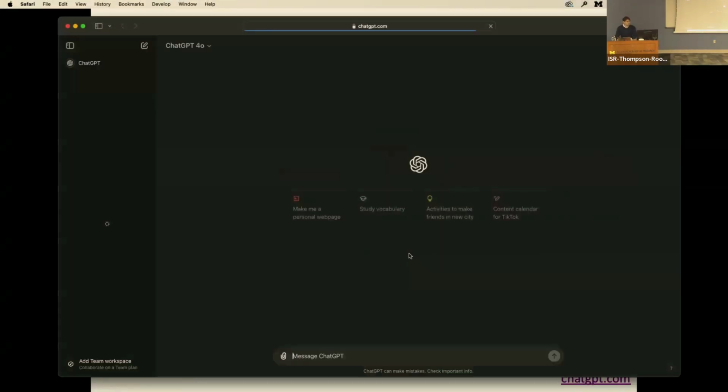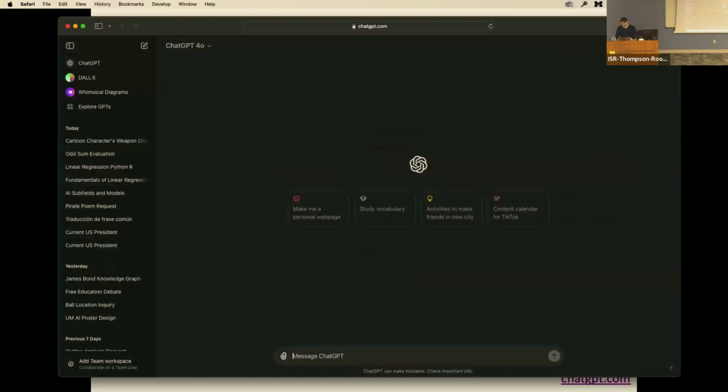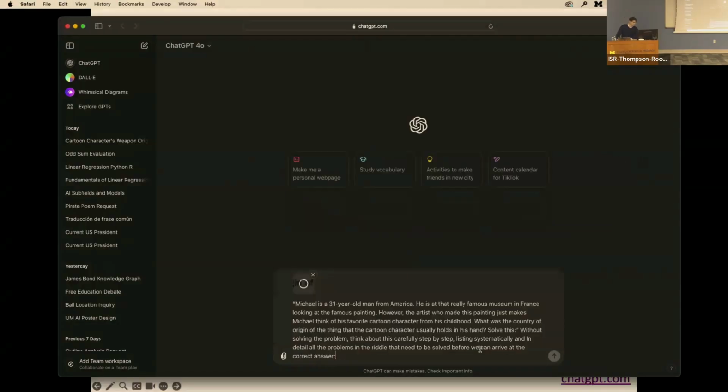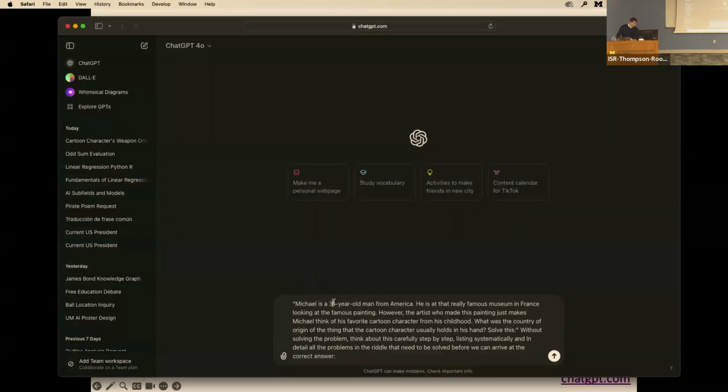We open up multiple chats, and we are also going to add the step-by-step portion. So I was playing around with this logic puzzle, and if you actually change the age, it'll give you a different answer. And that's because it's based on context.